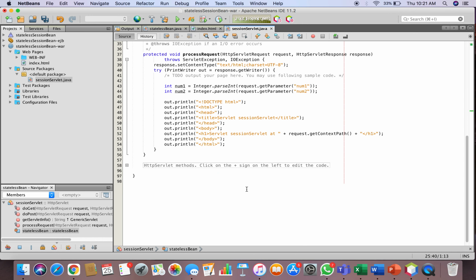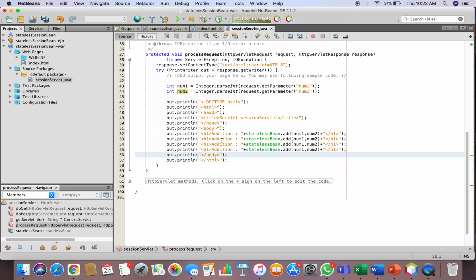Okay, so we will add the code to call the functions of the stateless session bean. If we have to add two numbers, we will use this object and the add function. To this, I will pass two variables, number1 and number2.